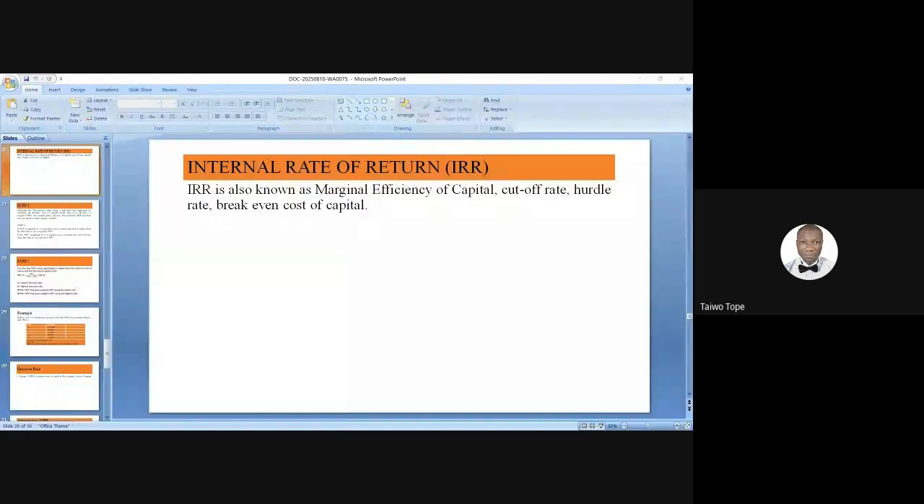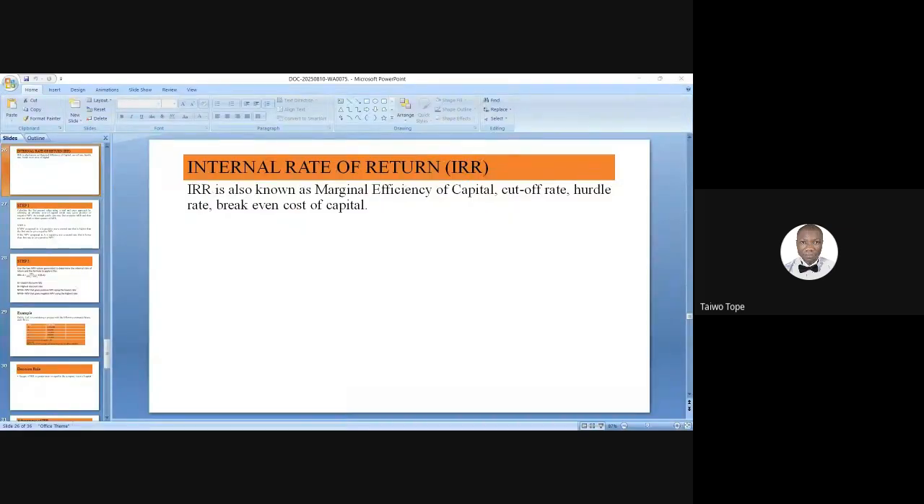So if your initial investment is 200,000 and all your cash flow is also 200,000, 200,000 minus 200,000 will give you what? Will give you zero. So as a result of that, your internal rate of return will be zero. So internal rate of return is the maximum cost of capital that can be applied to finance a project